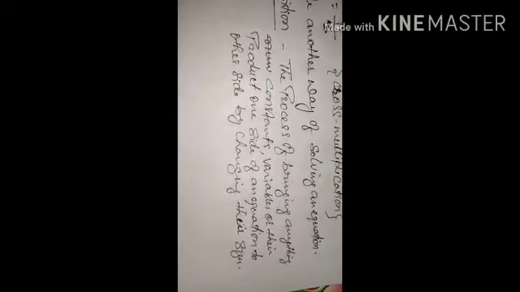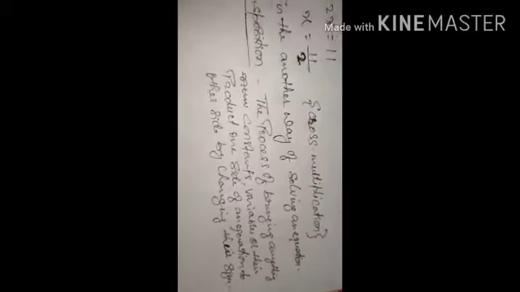Now at last I try to write something about transposition. What does cross multiplication mean? You have to multiply the things crosswise. It means the numerator gets multiplied with the denominator and the denominator with the numerator. Transposition is the process of bringing anything, constants, variables or their product, from one side of an equation to the other side by changing their sign. Okay, that's it for today. With the help of these two methods of solving an equation, try to solve the other questions also. Thank you very much.